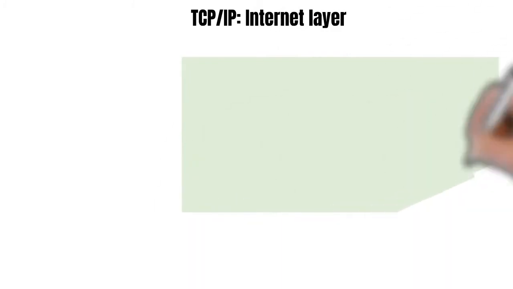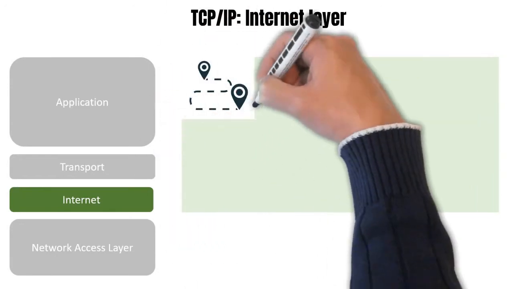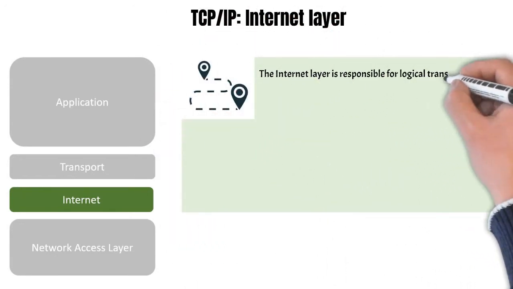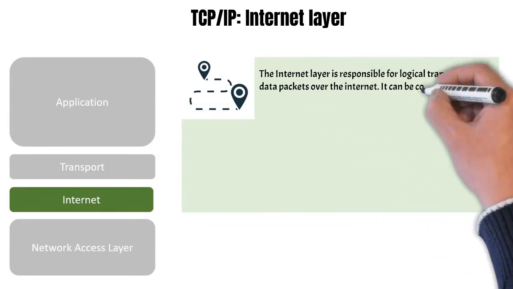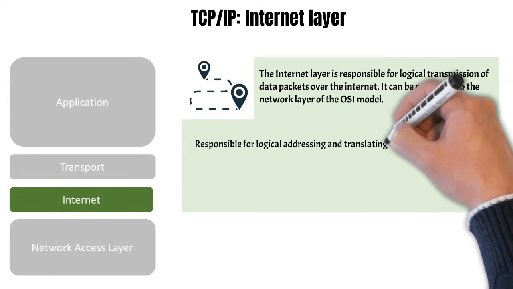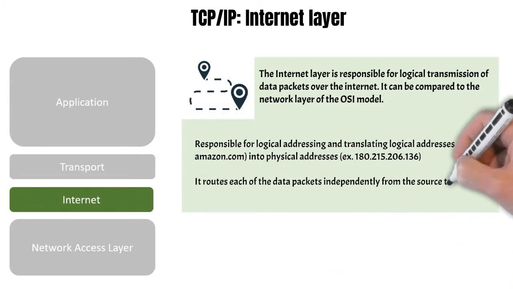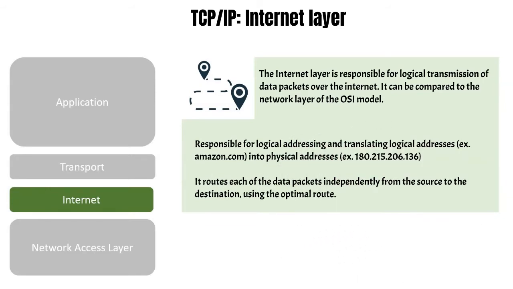Internet layer. It can be compared to the network layer of the OSI model. The internet layer is responsible for logical transmission of data packets over the internet. It is responsible for translating logical addresses like Amazon.com to physical addresses. It routes each of the data packets independently from the source to the destination using the optimal route. Some of the internet layer protocols are